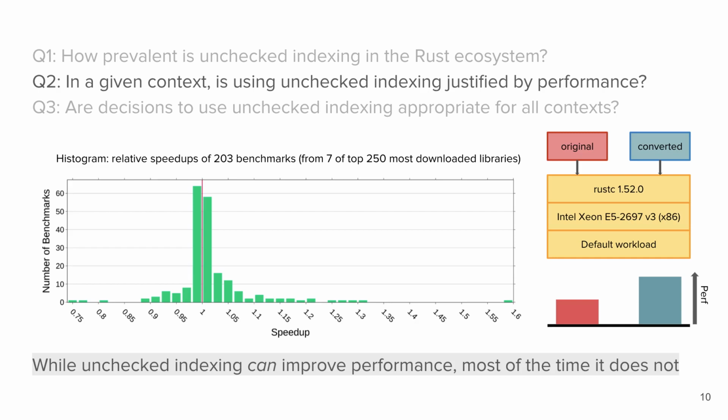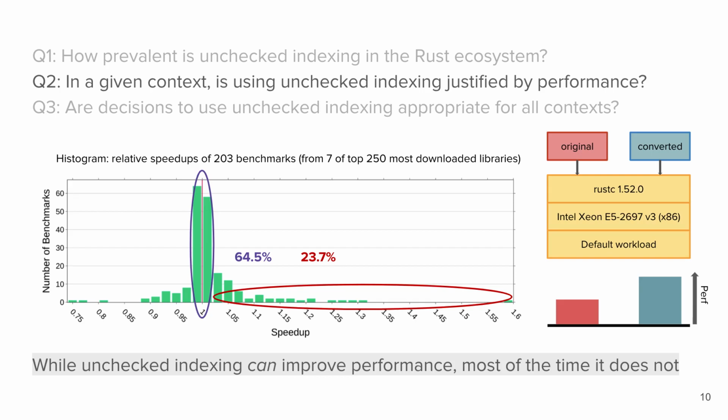We present our results as a histogram of the distribution of observed speedups. The majority of benchmarks are not significantly affected by the presence of bounds checks, which we can see by the clustering around the red speedup equals 1 vertical line here. Almost 24% of benchmarks do improve when bounds checks are elided, meaning that these corresponding unchecked indexing operations can be